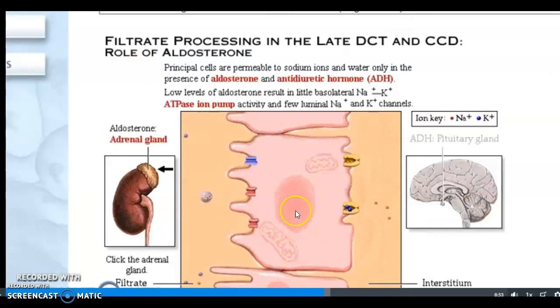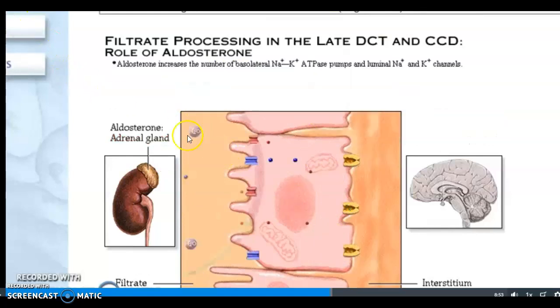Now, in this normal luminal cell, of course, we've got a sodium channel, potassium channel. We've got a sodium-potassium pump. Aldosterone, however, is going to increase the number of pumps there. Now notice how we have more sodium-potassium pumps, and we even have more doorways for sodium. So what we're going to do is pump all the sodium out of this cell into the interstitium. Notice how it's darker, meaning there's more sodium, meaning it has a higher